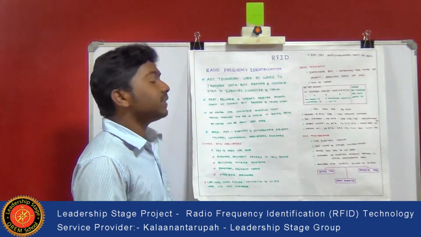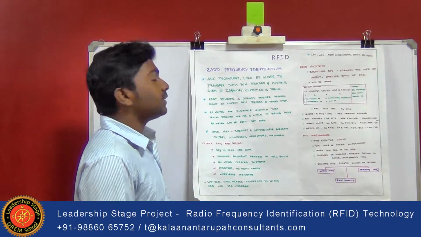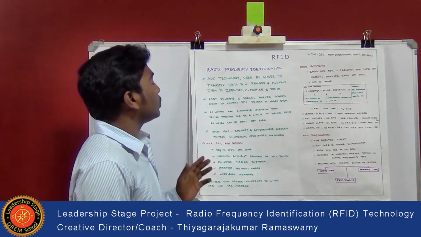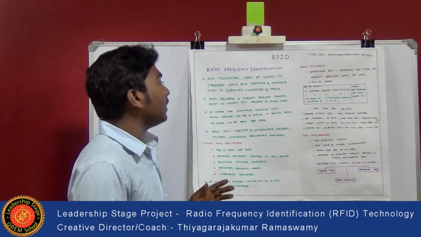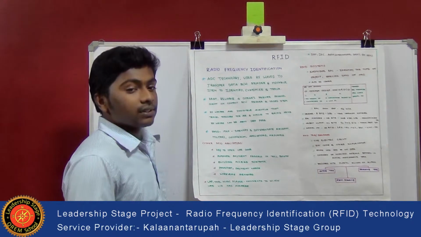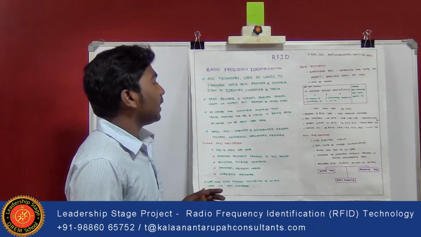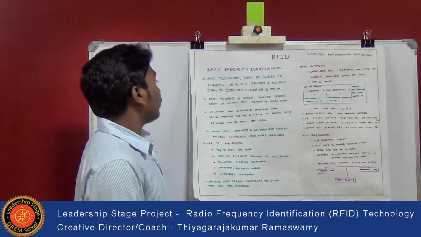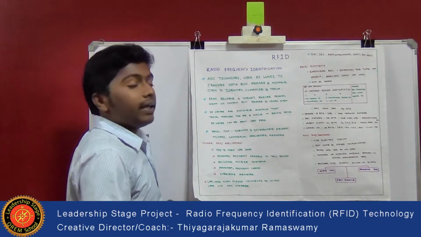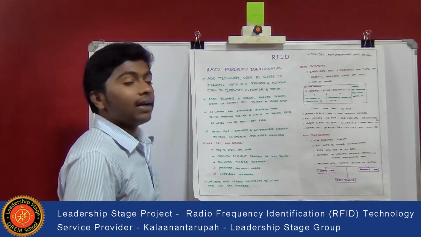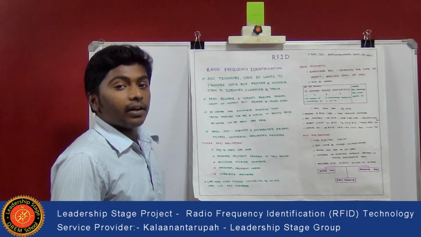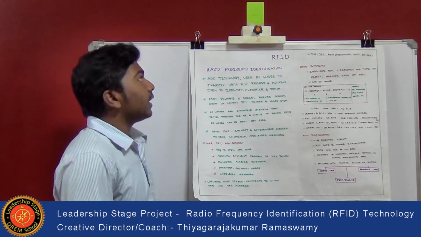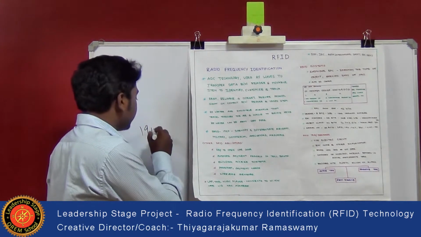RFID stands for Radio Frequency Identification. It is an ADC technology, that is, automatic data collection. It is used for identifying, characterizing, and tracking objects or persons. It is fast, reliable, and there is no need of physical contact between the reader and the tagged item. Fast, since it can read data in microseconds, and reliable, meaning its data is accurate, and it avoids human errors.